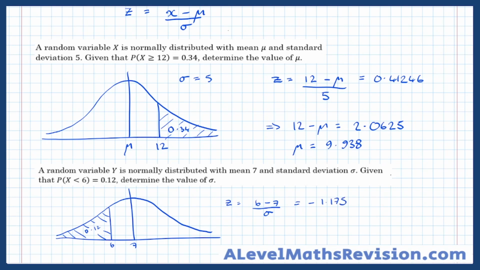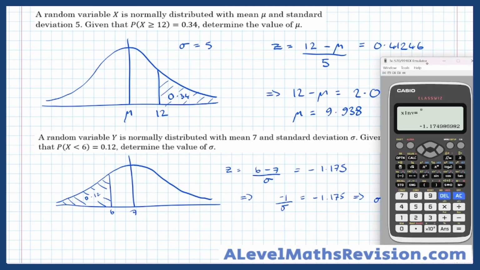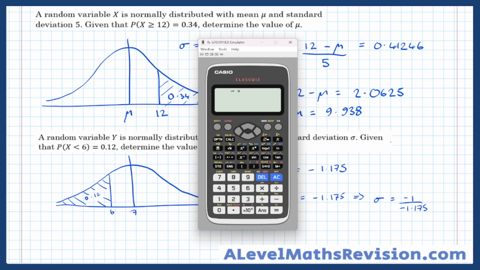And now what we've got there is just an equation to rearrange to find what sigma actually is. So, giving ourselves plenty of room there. So sigma, 6 minus 7 is minus 1, over sigma equals minus 1.175, which therefore means that sigma equals minus 1 over minus 1.175. And if we pop that in the calculator to find out what that's equal to, minus 1 over minus 1.175,